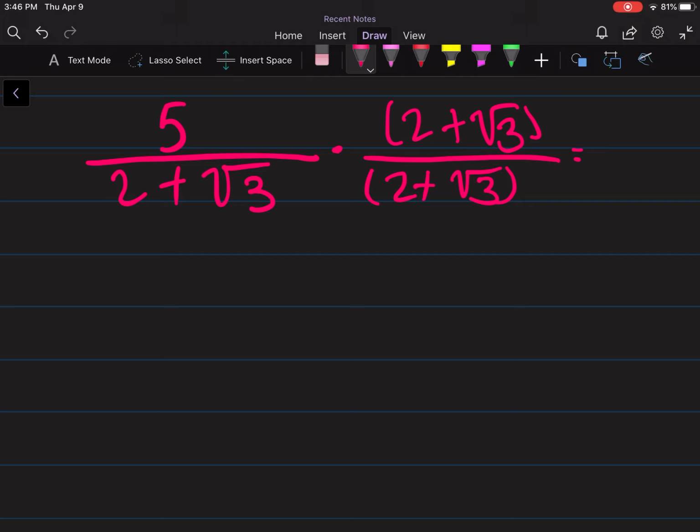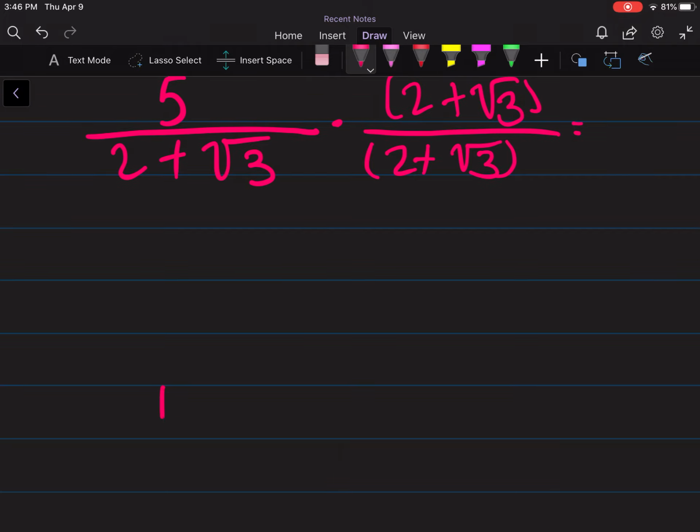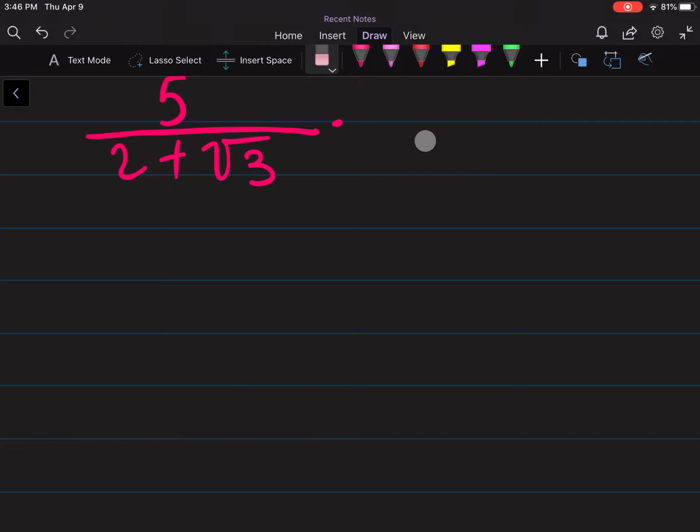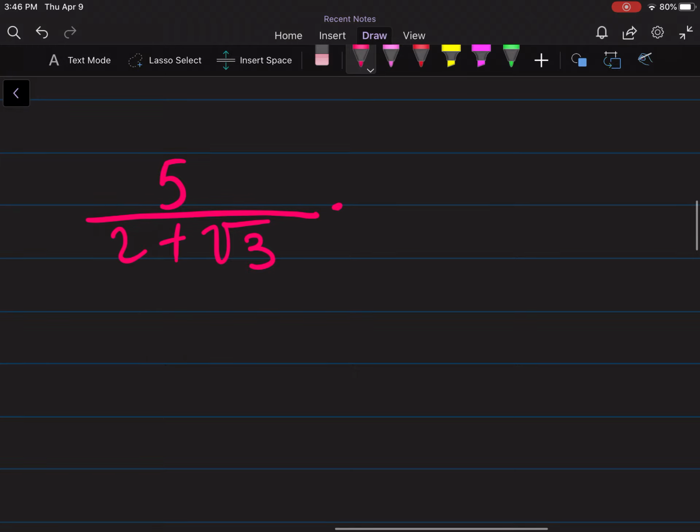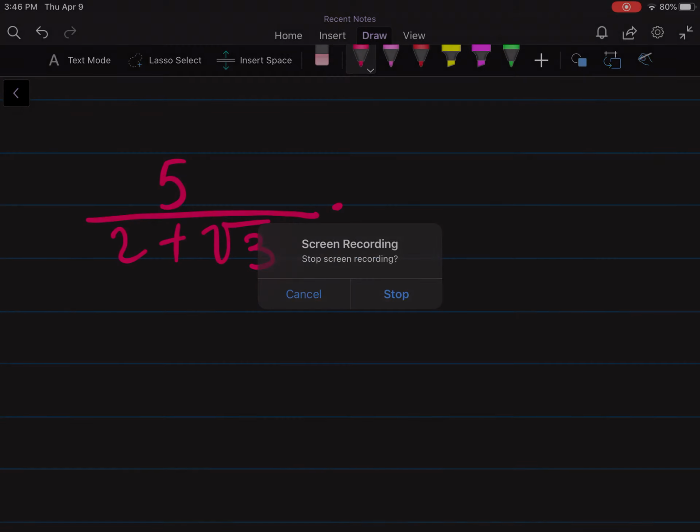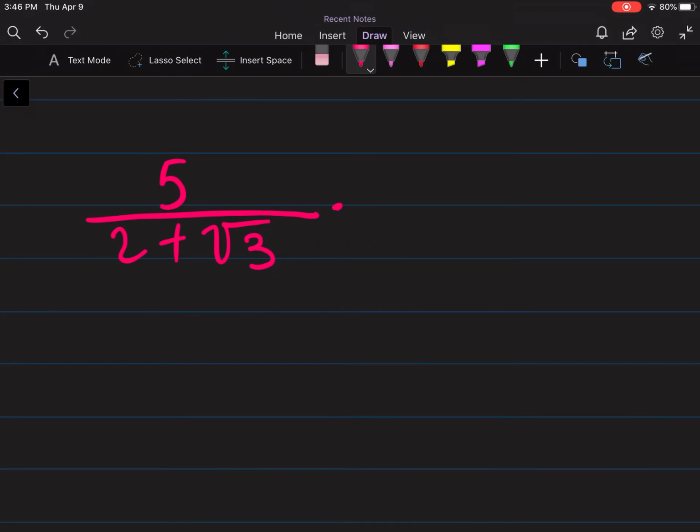Okay, so let's deal with the bottom. I'm going to write it down here. Nope, I'm doing this wrong. I'm so sorry. This is what happens. We're going to multiply. Hold on. Okay, let me think about this problem and I'll do it in the next